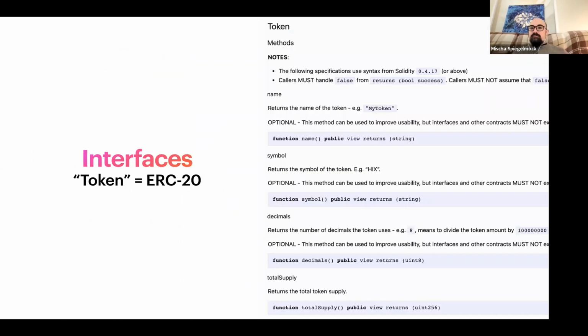So the ERC20 interface, we'll take a little bit more of a look into this and deploy our own token, show you what that looks like. But the interface basically defines a name, a symbol. So that's like the 3 or 4 or 5 letter symbol you associate with a token, like ETH. The name would be Ethereum, and then decimals. And that's basically how many decimal points you have in your currency, in your token.